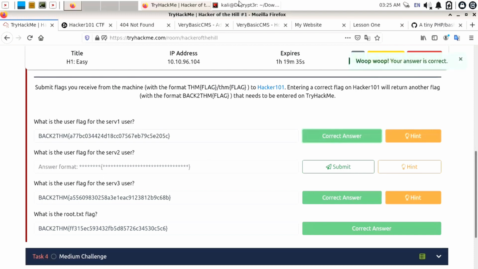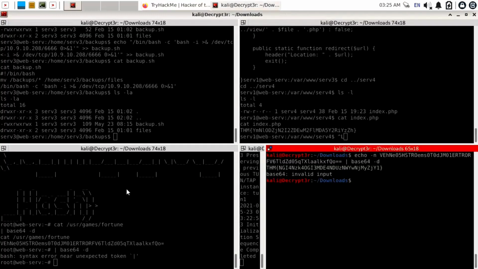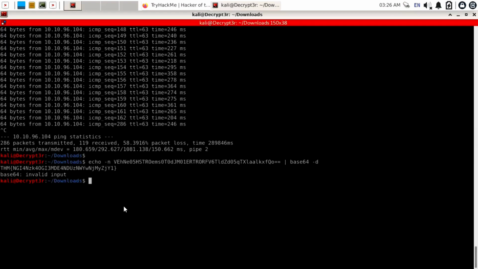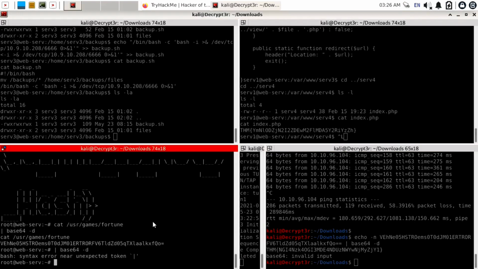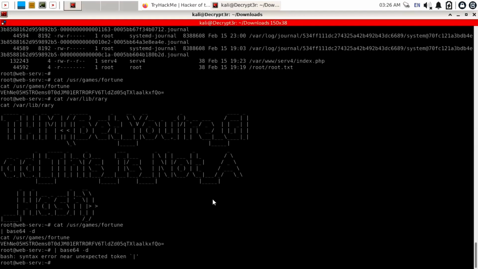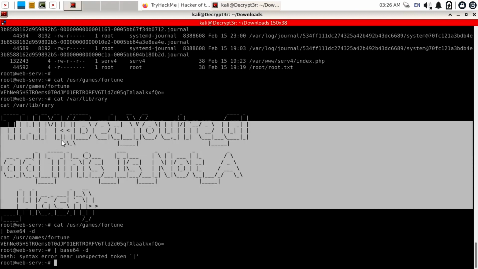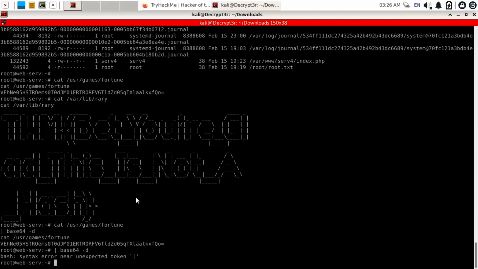Okay, now only server 2 is left. Open the terminal again, extend that window by Ctrl+Shift+X, sorry, use Ctrl+Shift+Z. Select the target root window, extend that by Ctrl+Shift+X, and here you can see in /var/lib/rary there is our flag. So we just need to enter this manually.